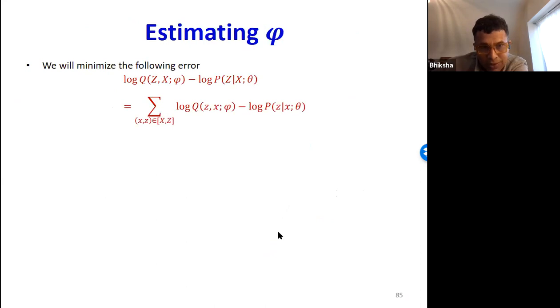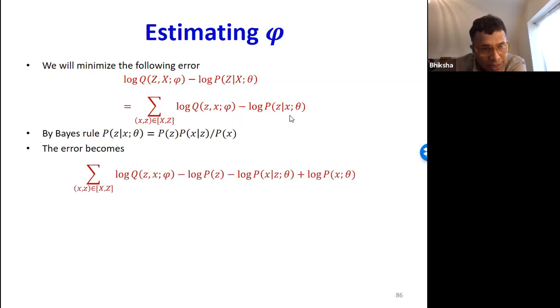And so just writing it out, I can define this as log of q of z given x minus log of p of z given x. This is what you want to minimize, which is the sum over all training instances of the log of q of z given x for the training instance minus log of p of z given x for the training instance.